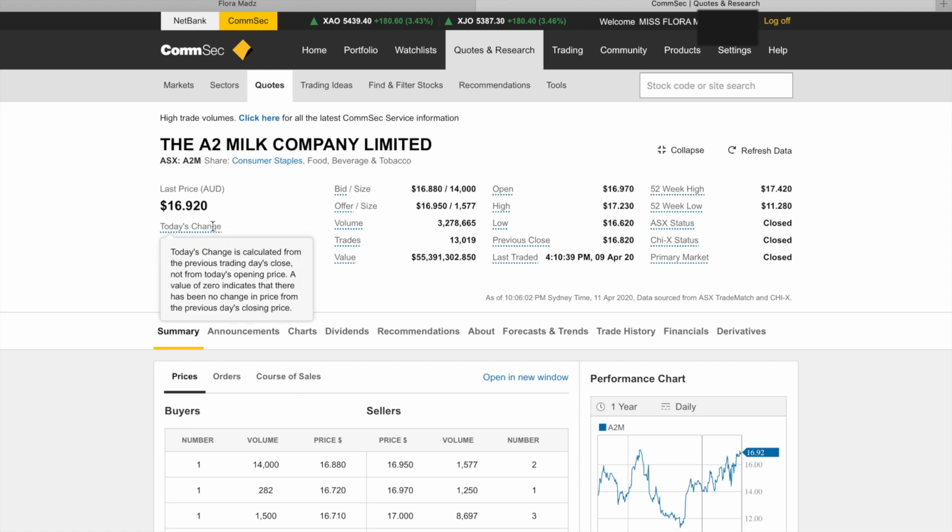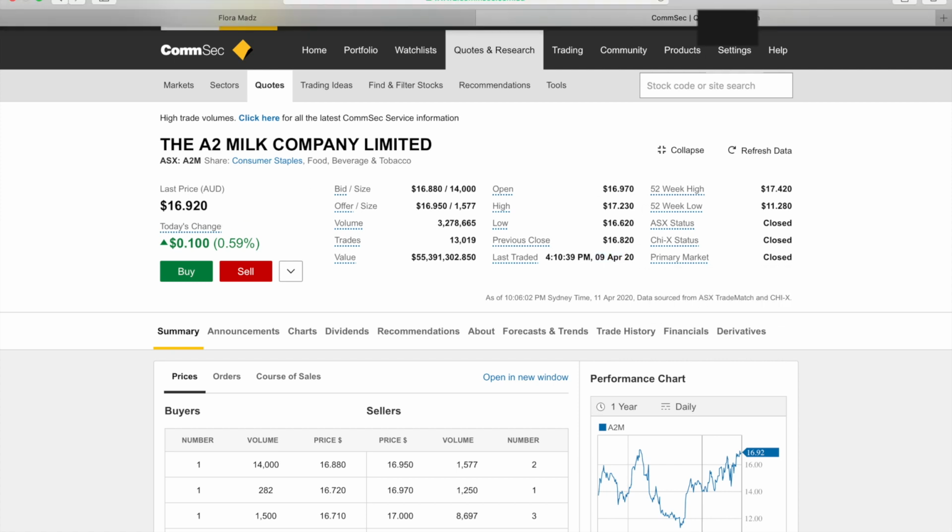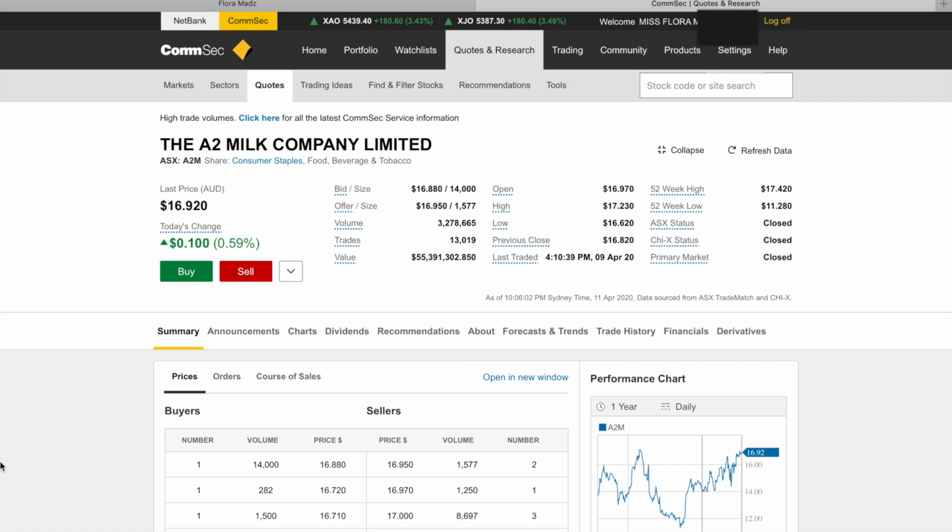When it says today's change, it means the last day that the market was open. Because it's Easter, the market last traded on Thursday. The market doesn't trade on weekends or public holidays. So you'd see that the last traded day was the 9th, and today is the 11th. It didn't trade on Friday because it was Good Friday. So when it says today's change, it's Thursday's change. So the stock went up